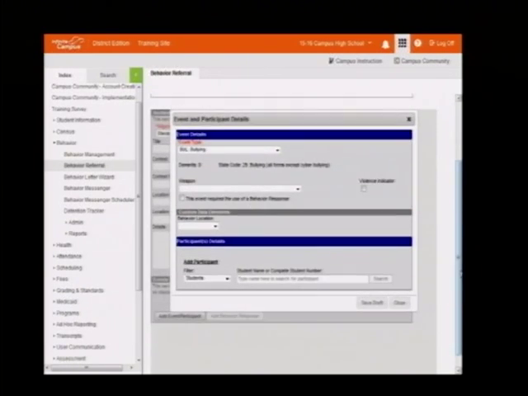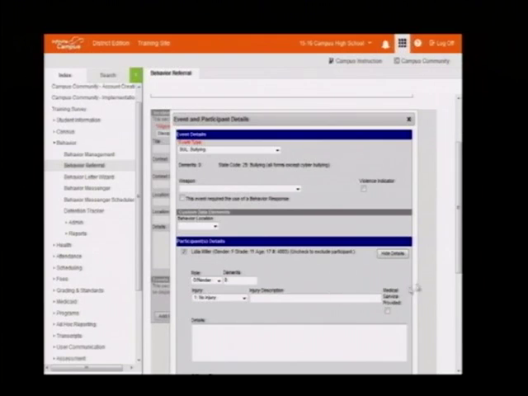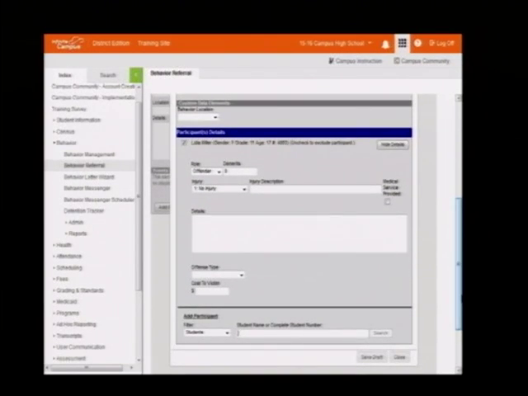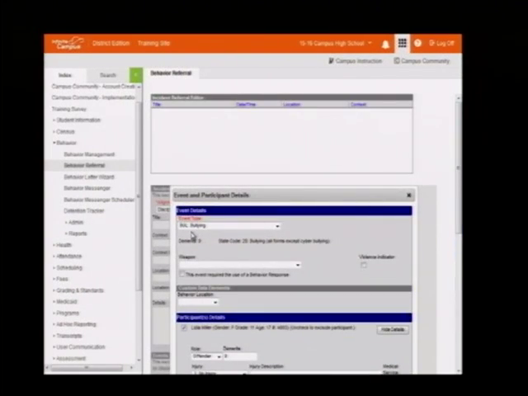Once I select an event, then I go do my student search, and yes, I keep picking on Lydia. I'm so mean. Okay, and then as you can see, I can just continue to build this out. So I don't have to go find another student somewhere else and do another record. So right on the same record, I can just continue to add students that are affiliated with the bullying specific event.